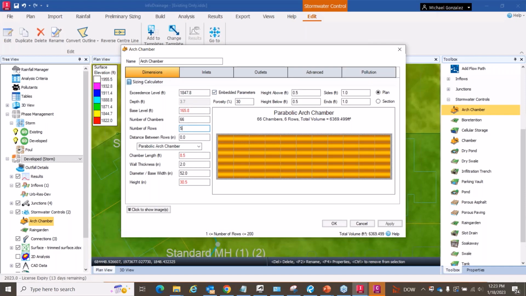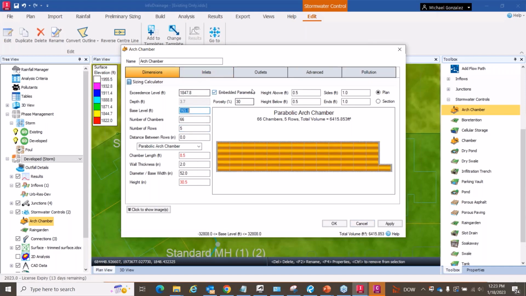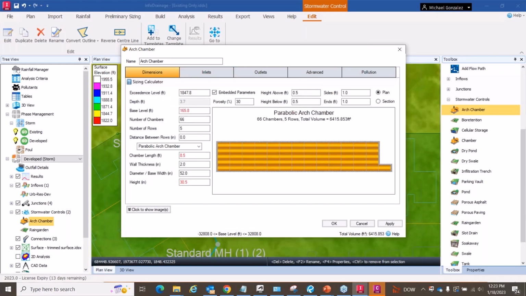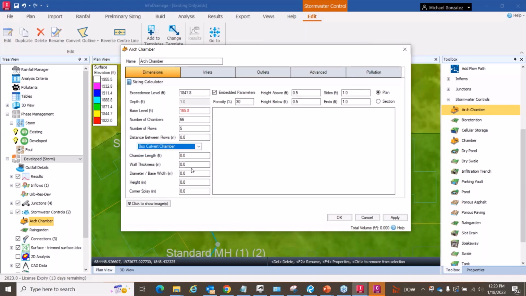So maybe it's 5 rows. And with this size chamber, you just get all the information already, and it's going to be set up, so you can quickly set that up. What sort of chamber is it? Box culvert chamber. What's the wall thickness? So you just set these things up, set the exceedance levels,